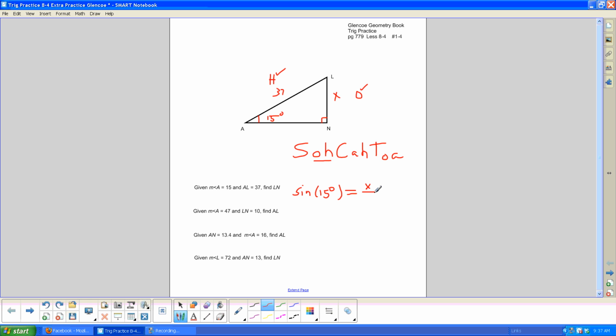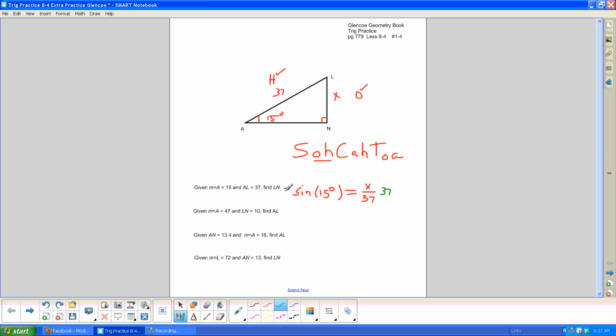And now trig is over. Once I've written this, trig is over. We have written now an equation that needs to be solved. Sine 15 is one thing. If you take your calculator and you type it in, it's actually 0.2588. But we'll leave it as sine 15, and we will just get x by itself by getting rid of the